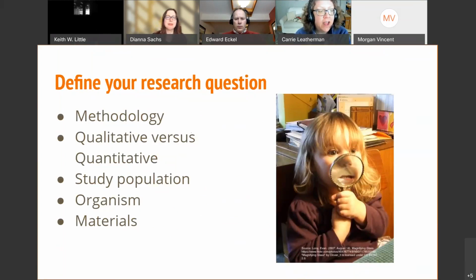Another aspect of your research question you want to address is your study population. For example, if you are working in health and human services, is your research going to involve human subjects? Will your particular research involve populations like teenagers or the elderly or males versus females?